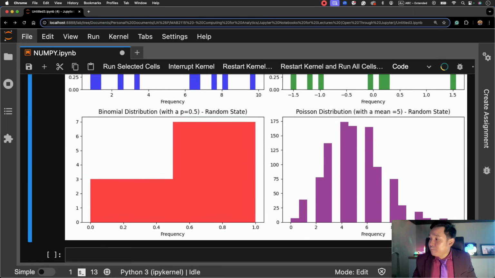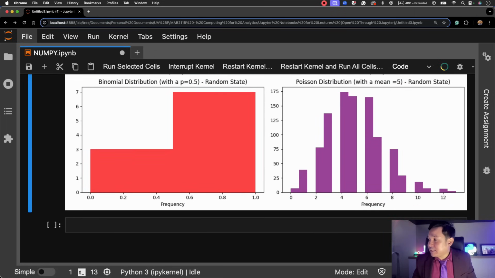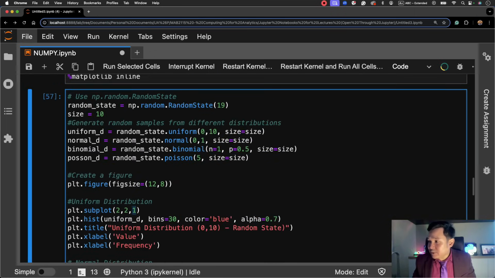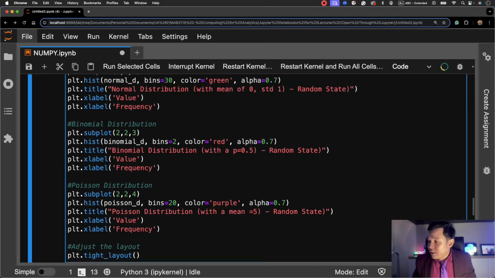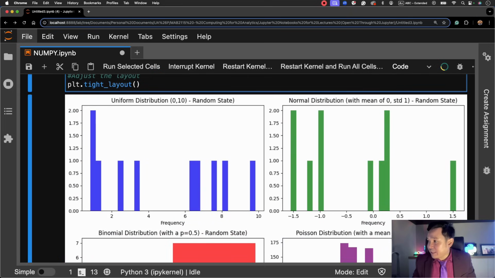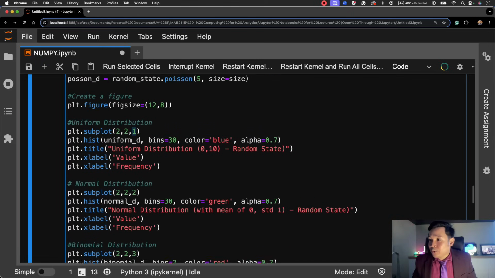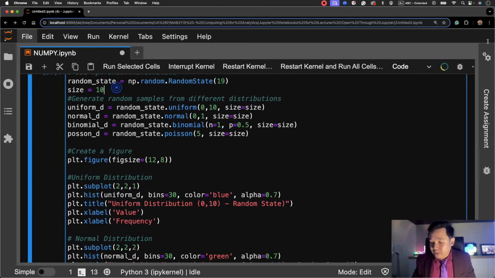Okay, so basically if you just have a size of 10, right? So I think here the size is 10. You will have something like this one. So for example, for the normal distribution, you have 2 counts here, 2, 4, 6, and then the rest would be just 1 instance. So if you try to increase it to 100,